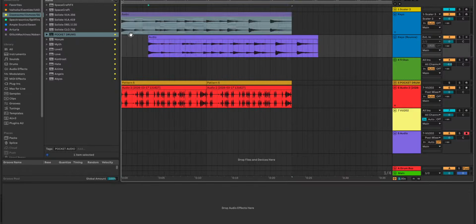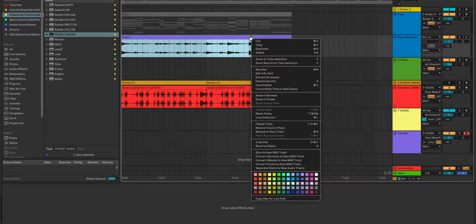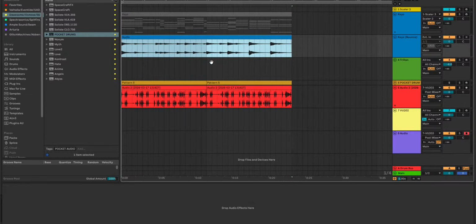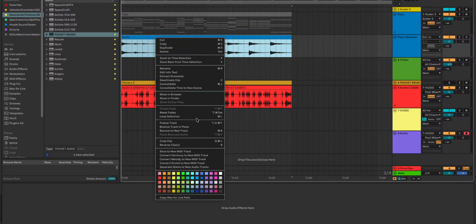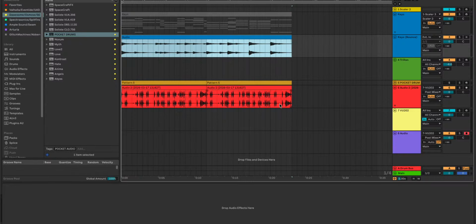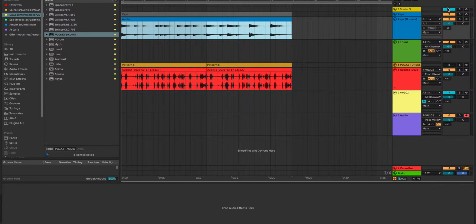So this is why I want it to be just an effect, because it would make it so much easier. And of course you can rename it, do all that jazz. We're not going to worry about it right now. I just wanted to show you that. This one's going to be turned off. And now you have